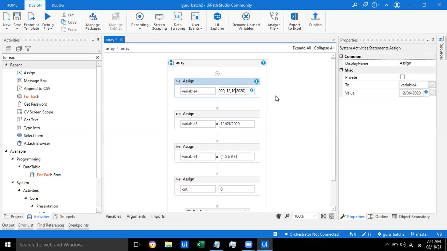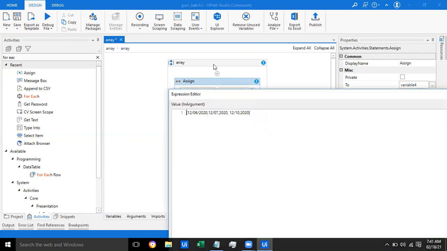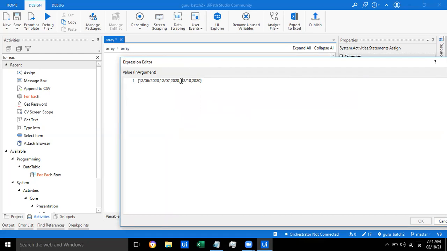Umara, what are the things you are doing? Just open up this editor so that you can easily edit the things. Now try to edit this. Is this right? No, too many commas. You have to do 12 7 comma. You have to put the slash. And 12 10 2022. Delete the comma after 12 7. That's it.